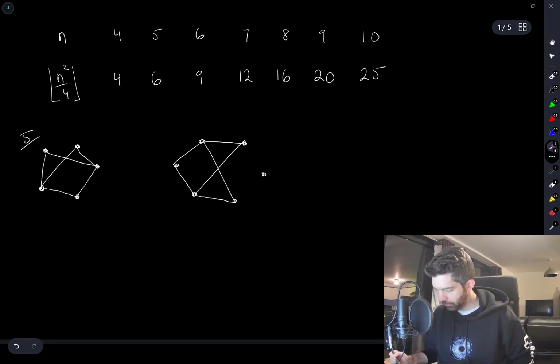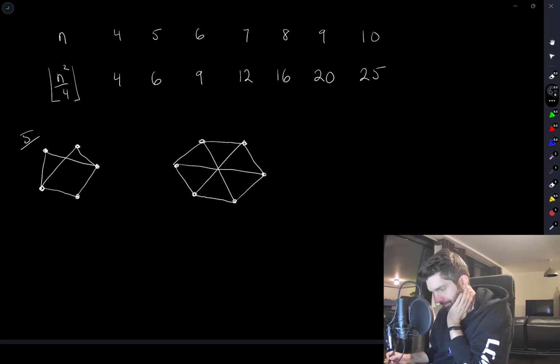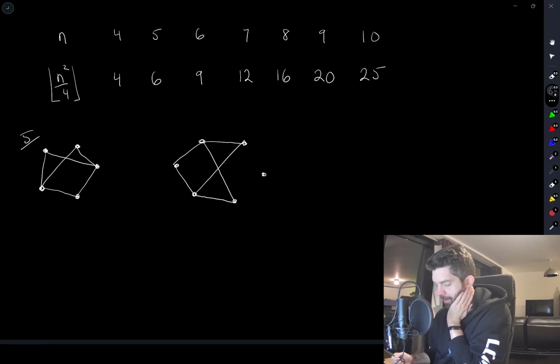I need to add 1 more node, and I need to add 3 more edges. 1, 2, 3. So that worked, but is there a rule here? Is there a rule for how I add